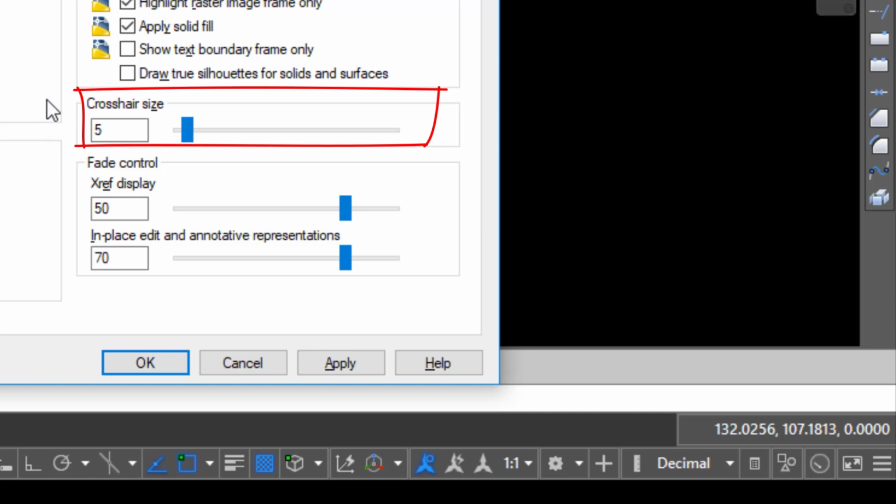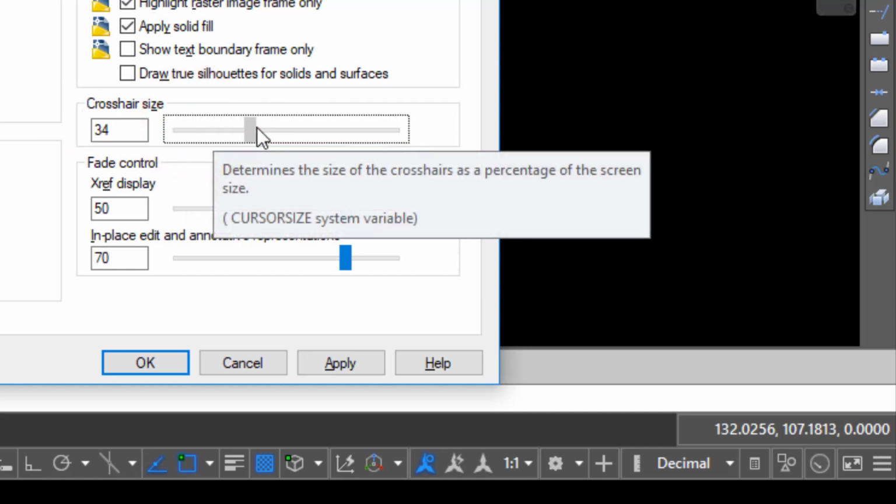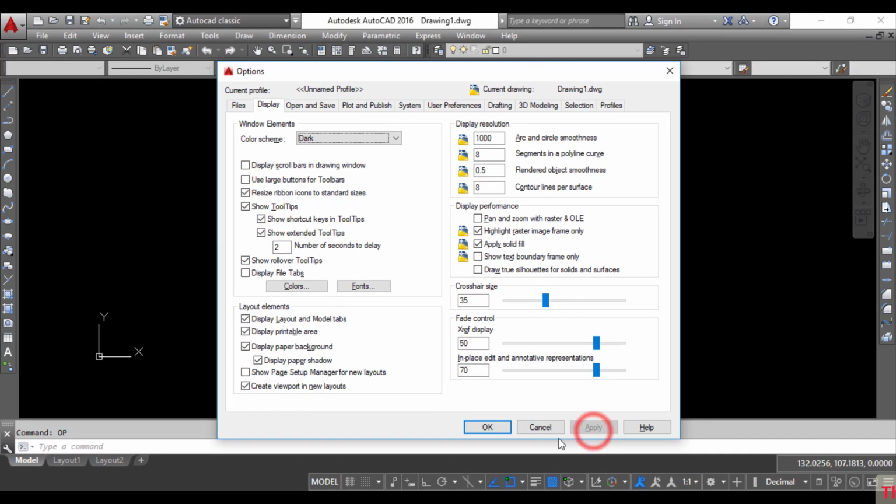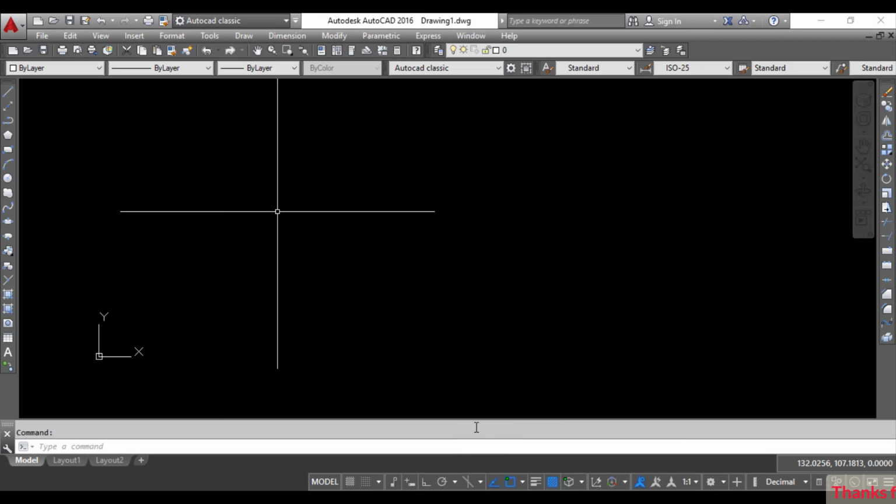Suppose I am increasing the size of the crosshair to say 35, and again I am clicking on apply and pressing OK. You can see that the crosshair size has now increased to 35 units. Also we can increase the size of the middle box in the options